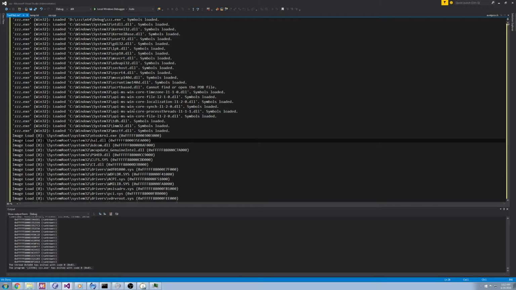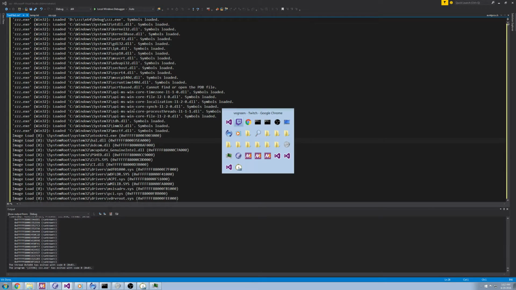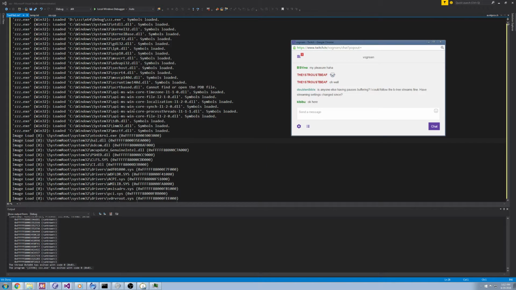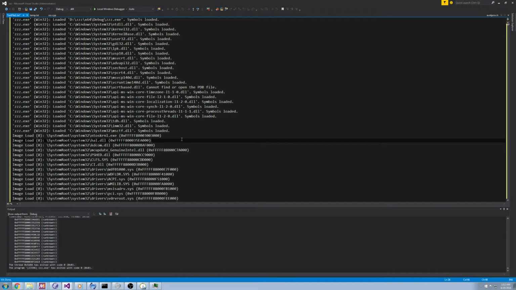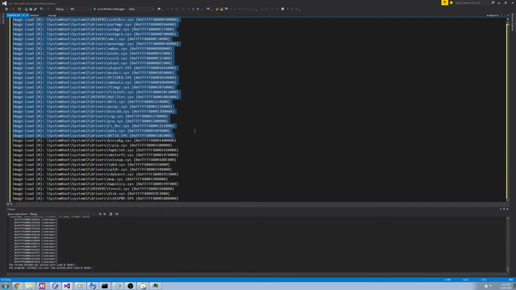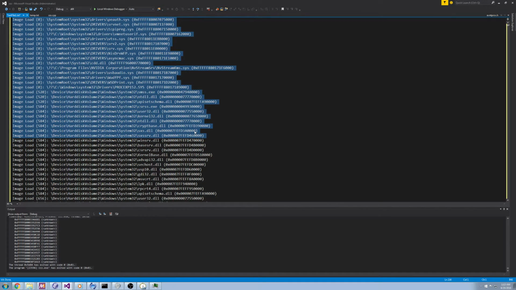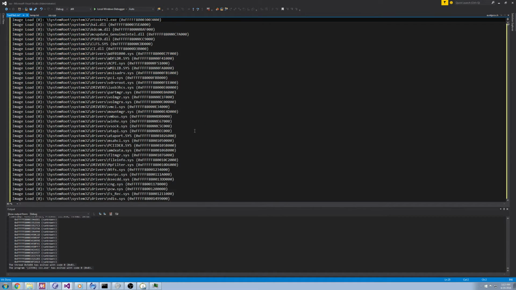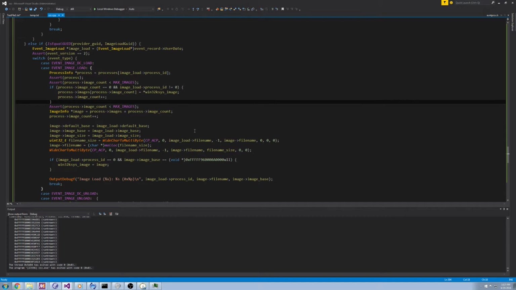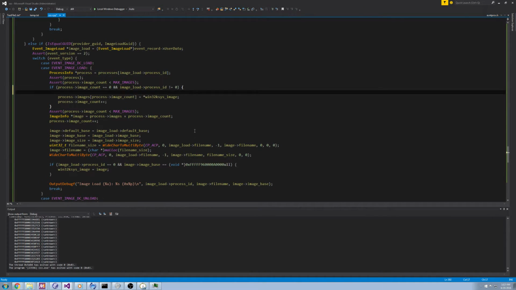Remember before that process ID 0 actually represents the idle process. So in no way does this actually represent a real image load event. This is just a way of saying this is the universal set of images, and they don't want to repeat them from every single process because it's really repetitive. So actually, rather than doing this, what I should be doing is basically